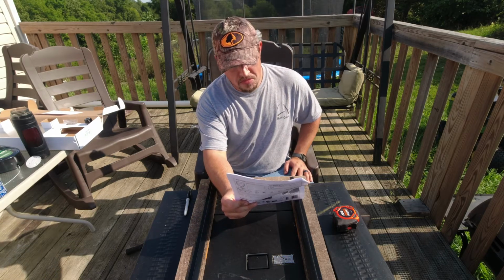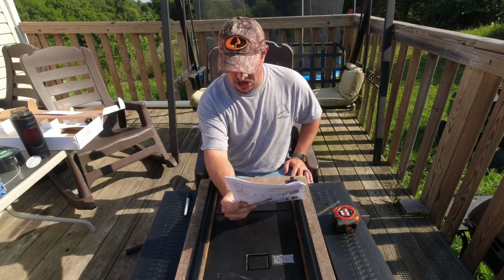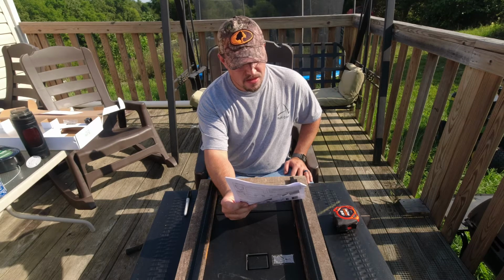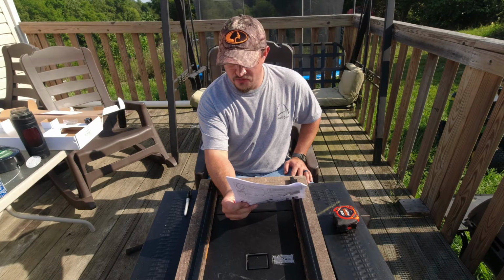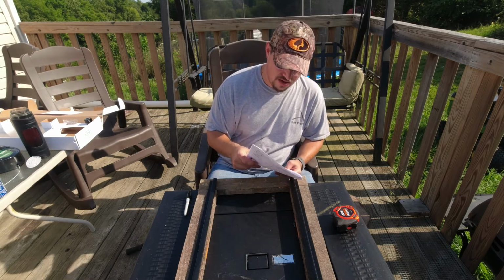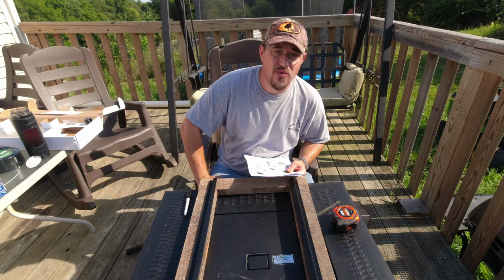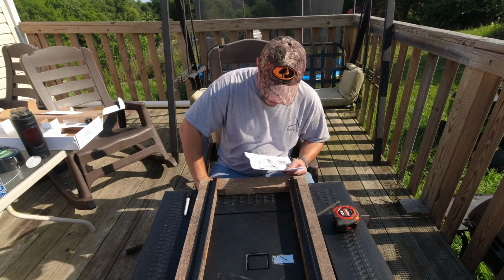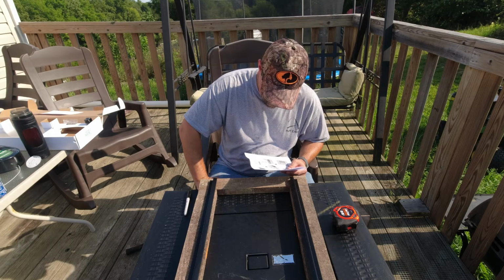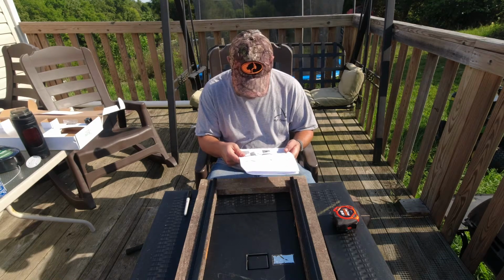The fixed hole must be 12.7 inches to 12.8 inches, or 322 millimeters to 325 millimeters apart. So 12.7 inches to 12.8 inches. Somewhere thereabouts. Sounds like 12 3/4 to me. And the vertical opening, if that was on,